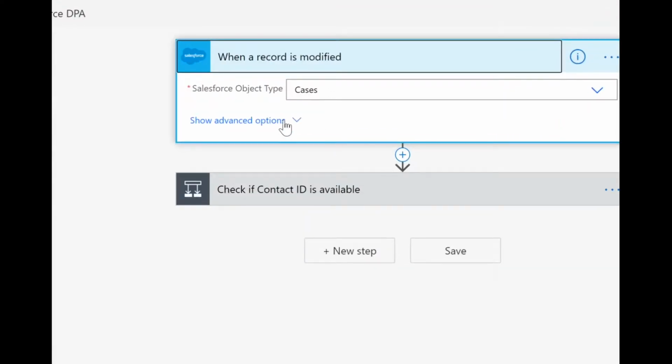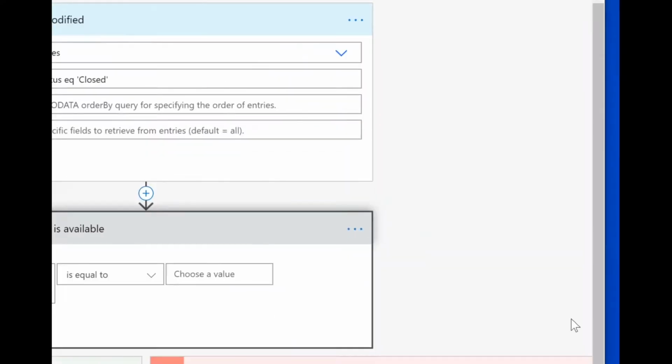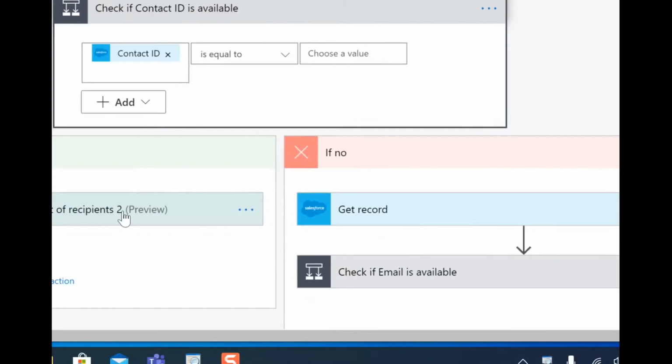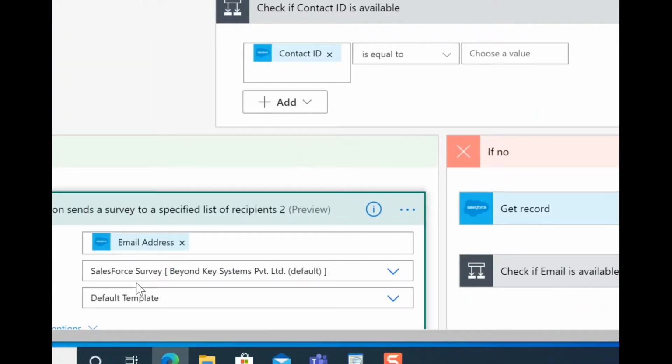And then we are going to see in the advanced options, when the status of the case is closed, I'd like to do certain things. I want to check if the contact is available. If not, go get the contact record, see if the email is available. And once it's done, get the email address from the contact and send the Salesforce